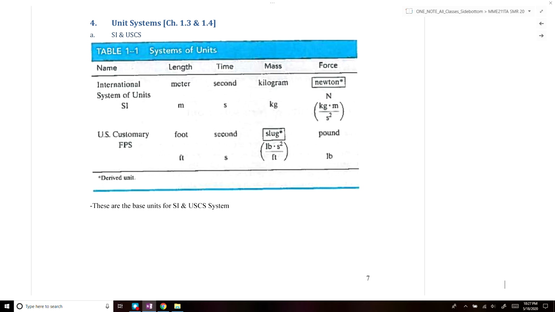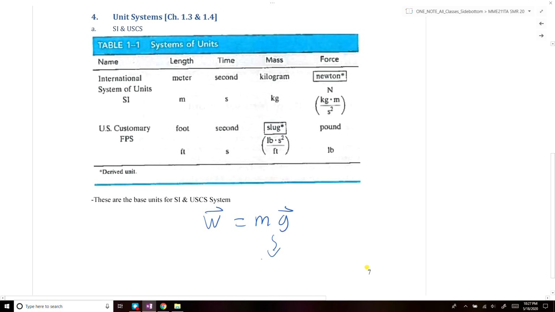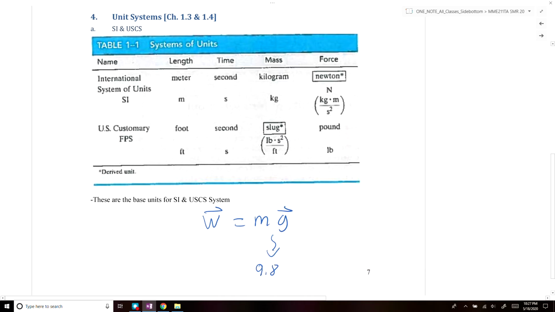So the one thing I do want to mention that's not listed on this next page is that we just talked about how weight is equal to the mass of an object times g. g is equal to, for the SI system, 9.81 meters per second squared, and for the USCS system, it's equal to 32.2 feet per second squared. Okay. So if we go to the next